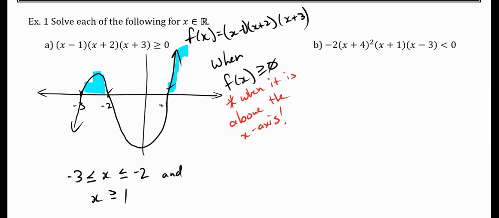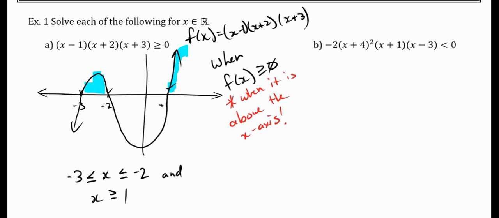We can see it in the graph, but picture other kinds of graphs. Between successive x-intercepts, by that I mean two x-intercepts that are side by side, there's no other x-intercept between them. If it's above the graph anywhere in here, it's above the graph everywhere in here. If I'm below the graph in any one place between those two x-intercepts, I'm going to be below the x-axis everywhere between them. Does that make sense? It might seem weird why I'm saying that, but another thing I could do is check one value between each of those